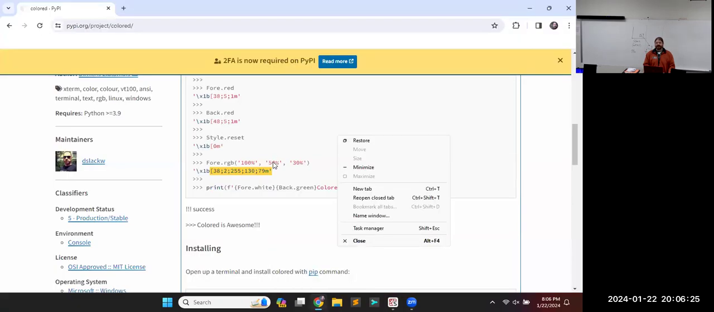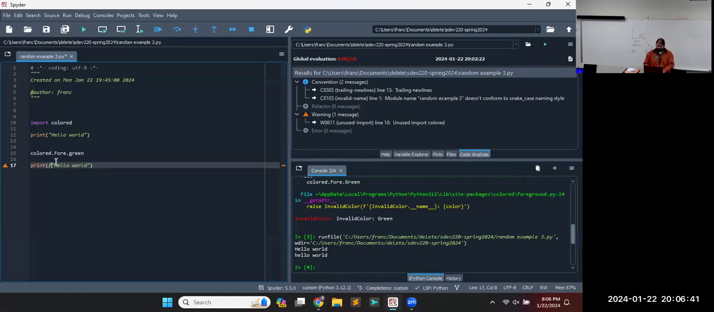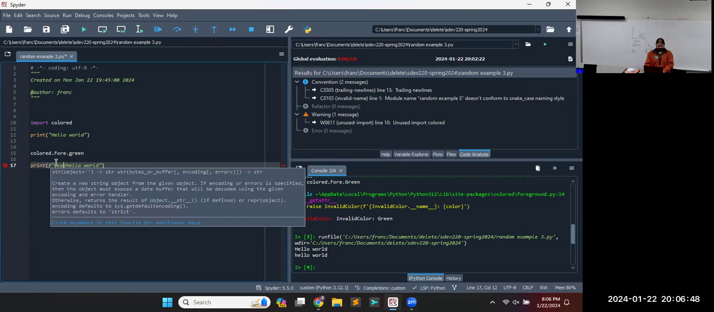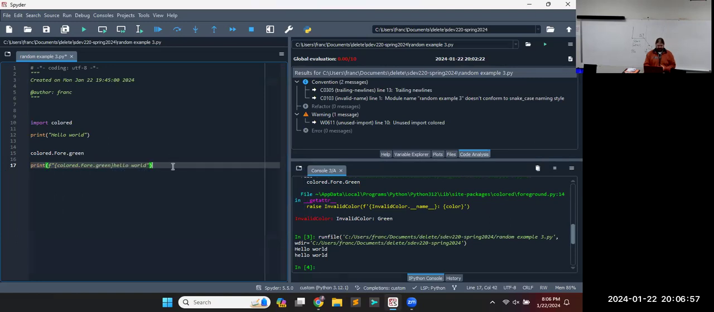I like to do it this way, especially at the beginning, because this is what y'all are going to end up doing when you're doing your homework, right? You're not going to just remember everything I said in the lecture. Looking at the example, so inside our string, we need angle brackets, and we'll say colored dot for dot green,